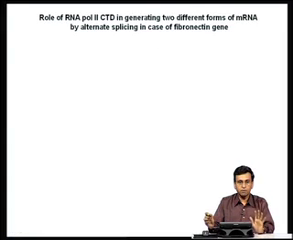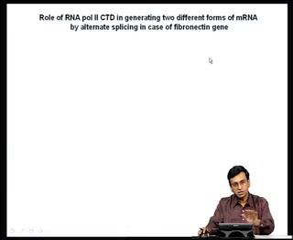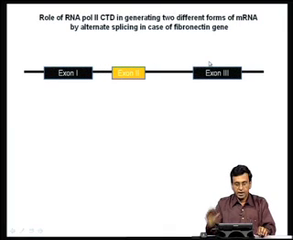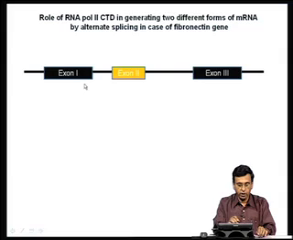What happens if the RNA polymerase II is normal, and what happens if RNA polymerase II is mutated? This is a very interesting example, that is why I am quoting this here. Now, let us assume that here is a gene which contains 3 exons, exon 1, exon 2 and exon